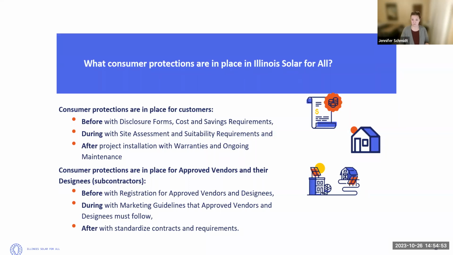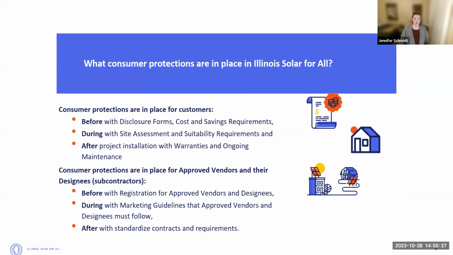And what we consider measurable savings is at least 50% of the value of the credits that the customer is getting from participation. So for community solar, that looks like if the customer is getting $10 in credits on their bills, they can't be charged more than $5. And that's just a really simple way of throwing numbers out there. Customers will see more than that regularly, but it's at least a 50% savings that the customers have to see on the value of the credits they're getting.